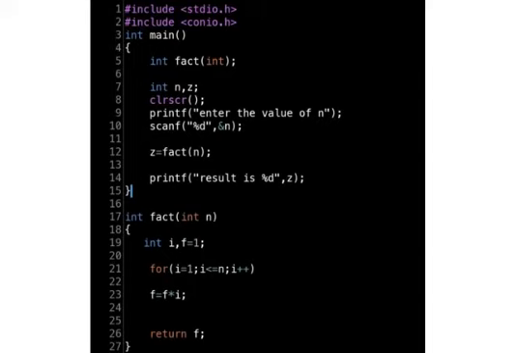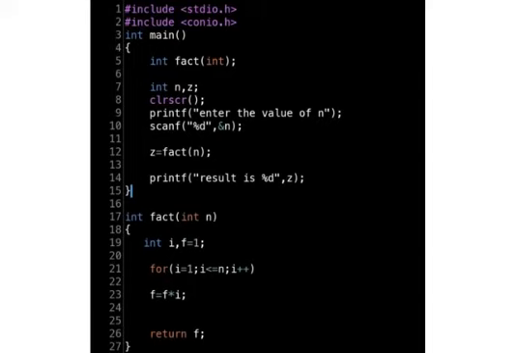Factorial of any number, prototype 3. Look at line number 26, return f. The program is to find the factorial and the factorial of any number is in f. So return f. The return statement cannot return more than one value at a time. That is very important in functions in C language.